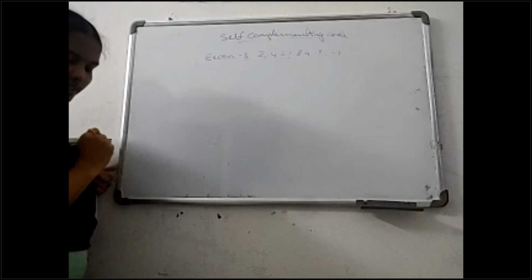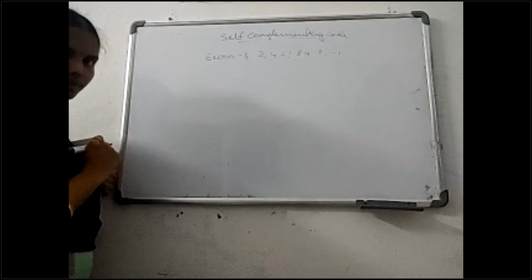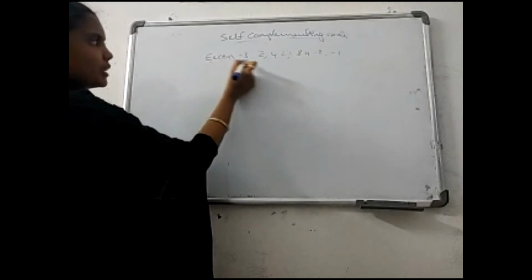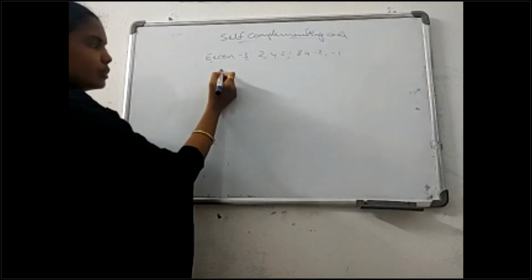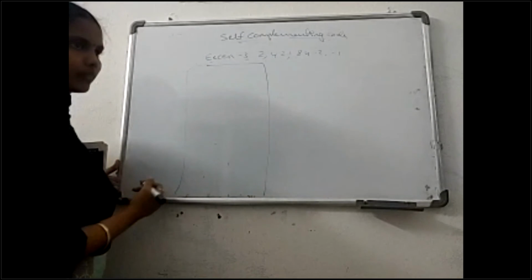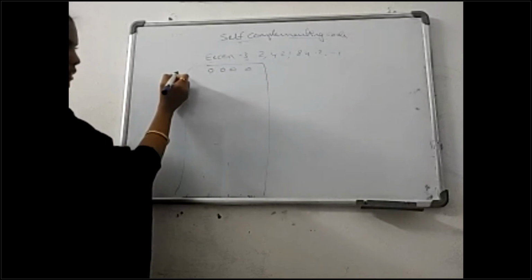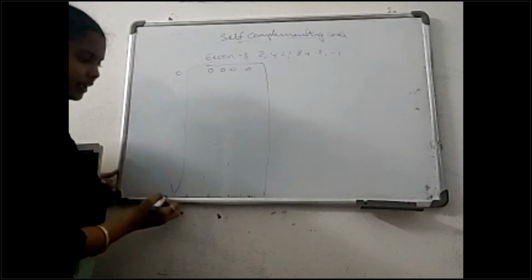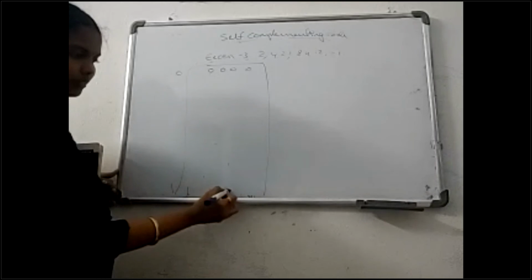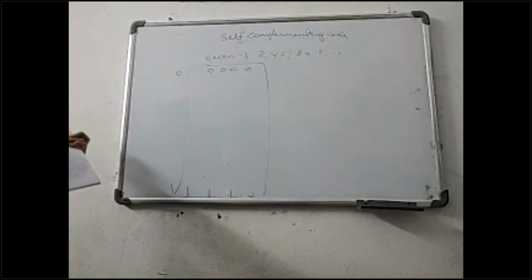All these three are self-complementing codes. So self-complementing means, in the excess 3 table,